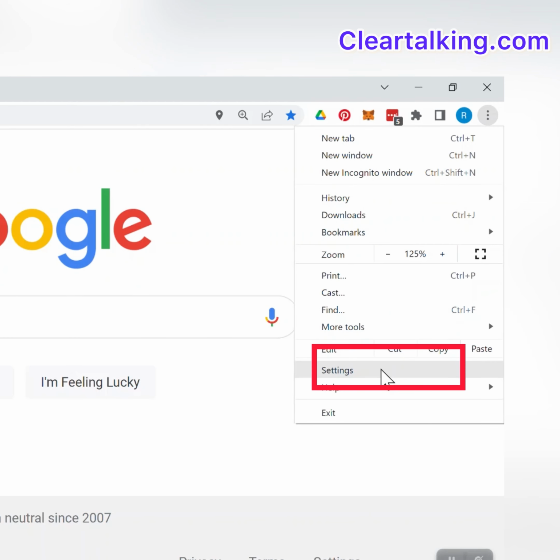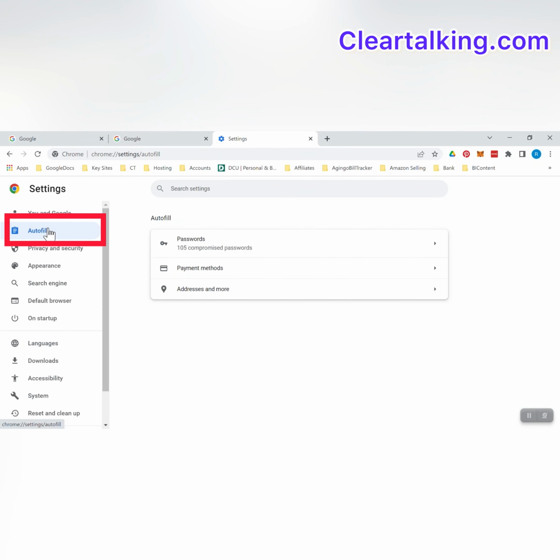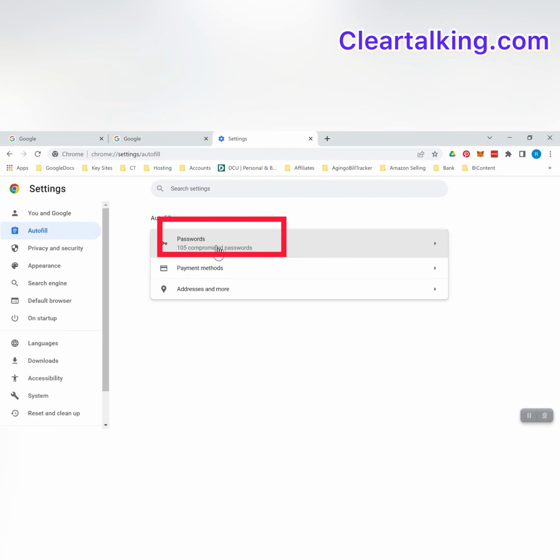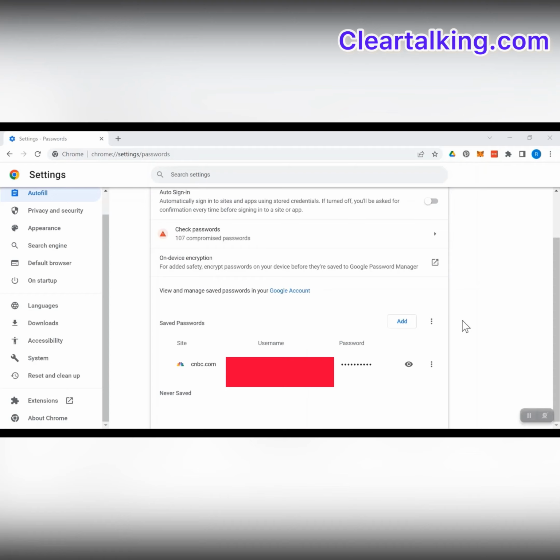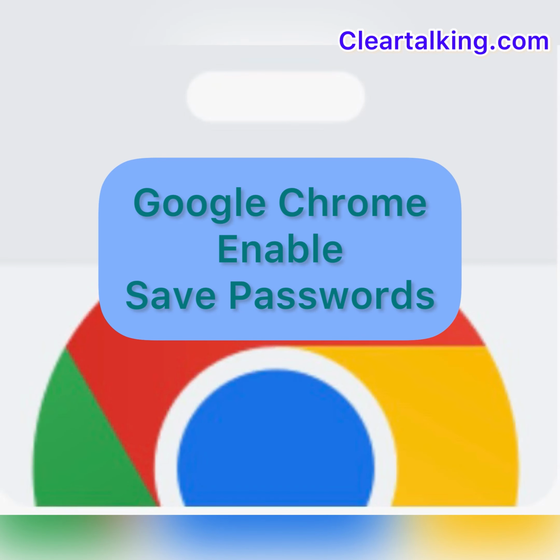Click Settings. Click Autofill on the left side menu. Click Passwords. It is very convenient to save the user ID and password when you log into a website using Chrome. Once the password is saved, you don't need to enter the user ID and password when you visit the